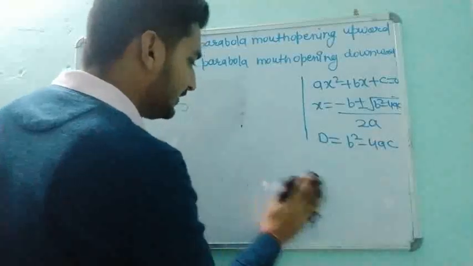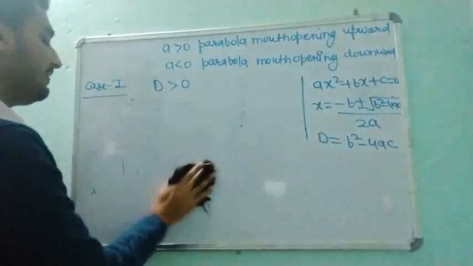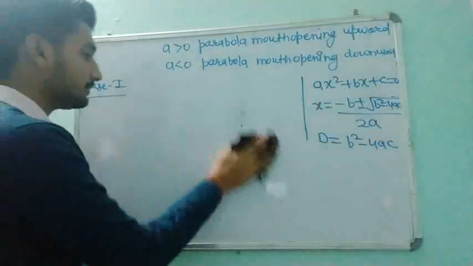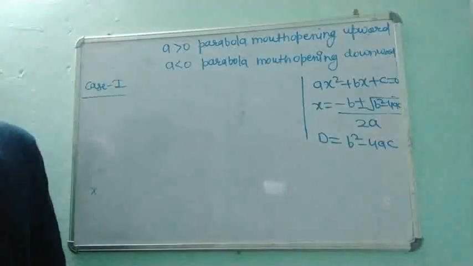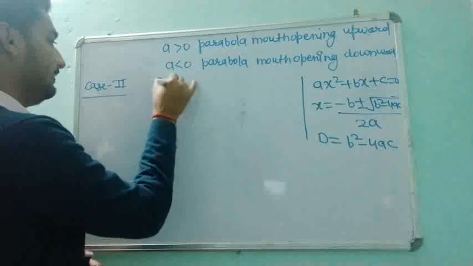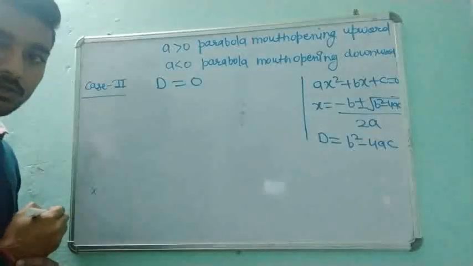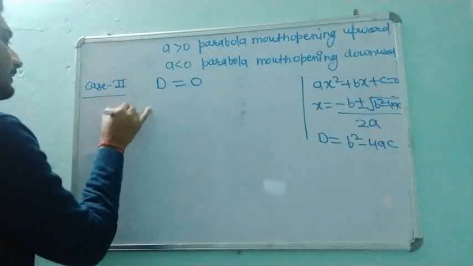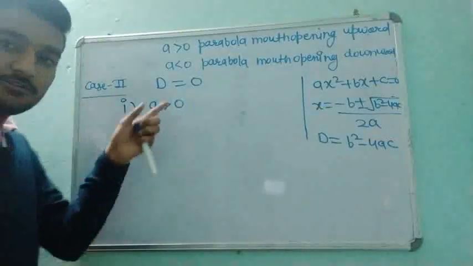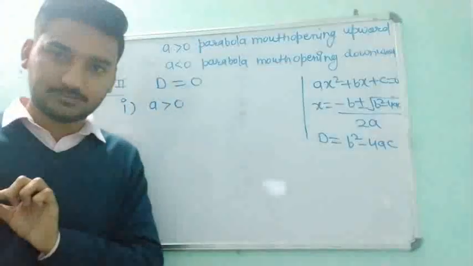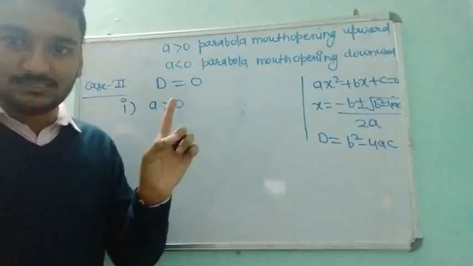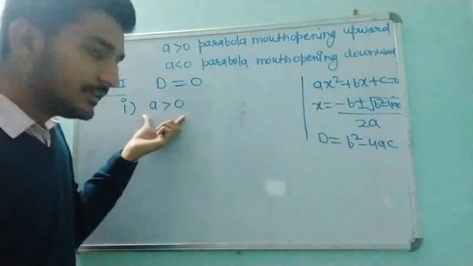So discriminant equals 0 means we have one value of x which satisfies the quadratic equation. This is case number two, and we have D equals 0. Again, in this we consider one sub case, a greater than 0. So D equals 0 means we have one value of x. It means the graph of such a quadratic equation touches the x-axis at one point,